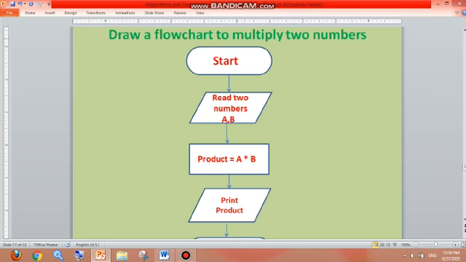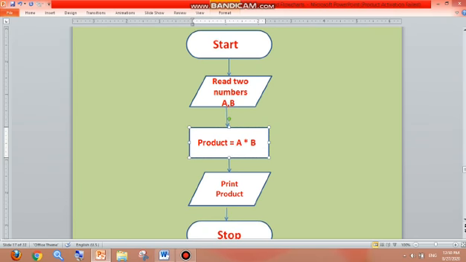It is simply to multiply two numbers. As you can see on the screen, this will be the first start box. Then for taking two numbers, the input box will be used like this, and the steps will be written like this. Then in the processing box, the formula will be written, as you can see, and then after calculation of the proper result, what do we need? We need to display it now. So we have used here again the output box.